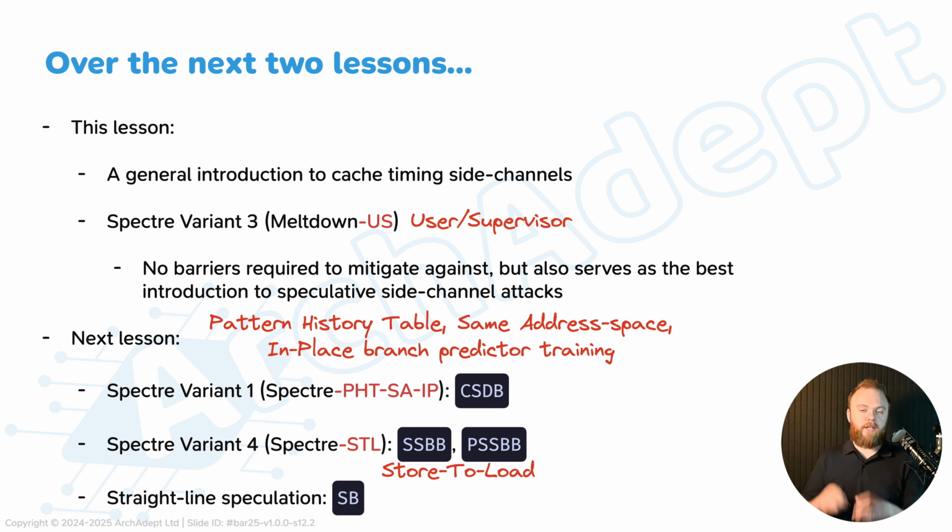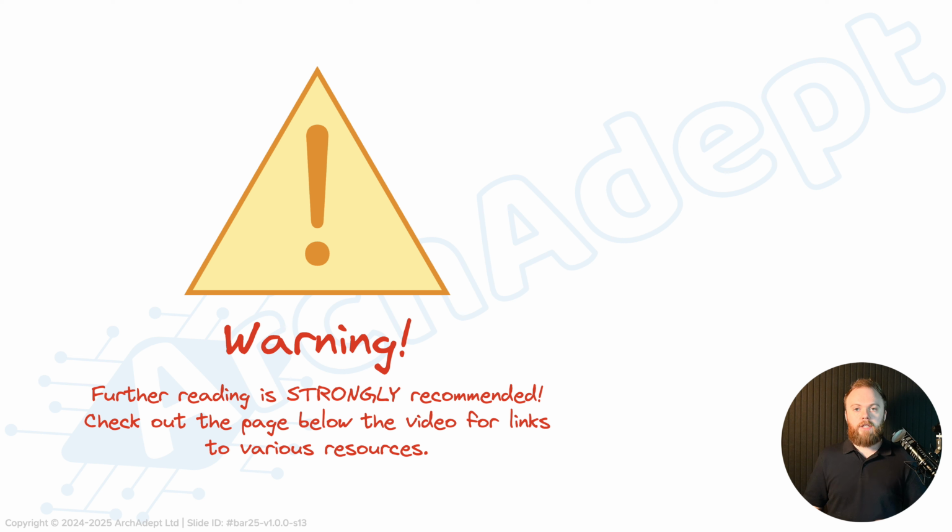So the US in Meltdown-US is short for User-Supervisor, and it's just one of about 14 different possible Meltdown variants that have been identified as of May 2019. Similarly, PHT-SAIP is short for Pattern History Table, Same Address Space, In-Place Branch Predictor Training, while STL is short for Store to Load. These make up just 2 of around 13 different Spectre variants that had been identified by the same time. Now, there's obviously no way for us to cover more than 27 different attacks, variants, and subvariants in